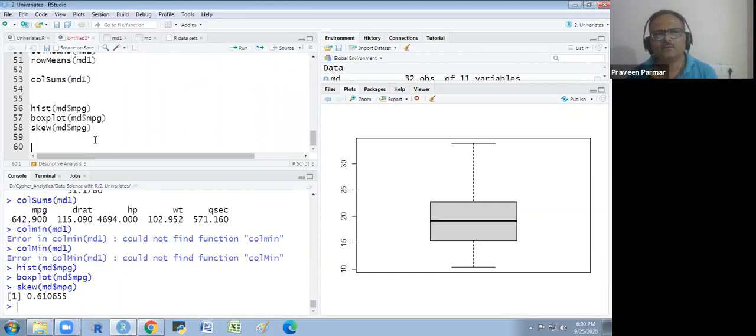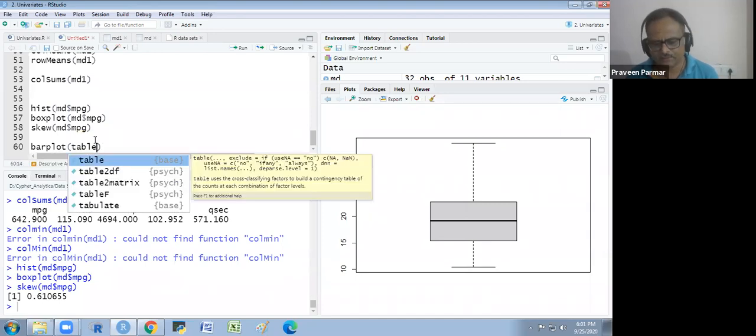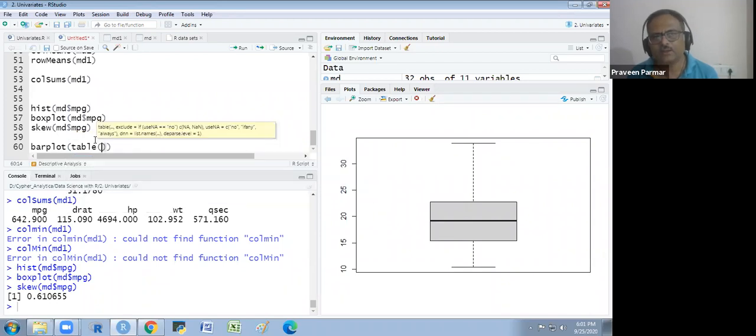Now, how do we create the graph for categorical data? We create the bar plot for that, for understanding purposes. For the bar plot we have to take the contingency table. We take the contingency table of which variable? Types of engine, I see.